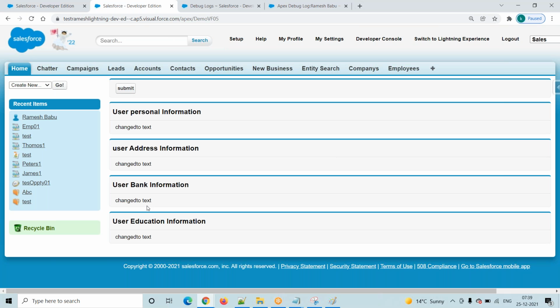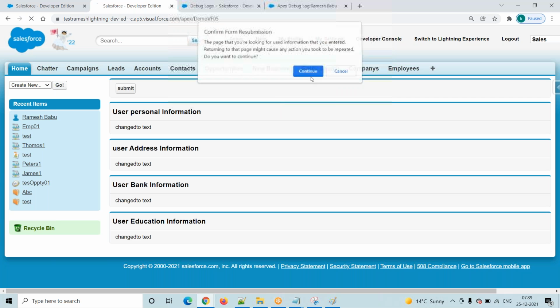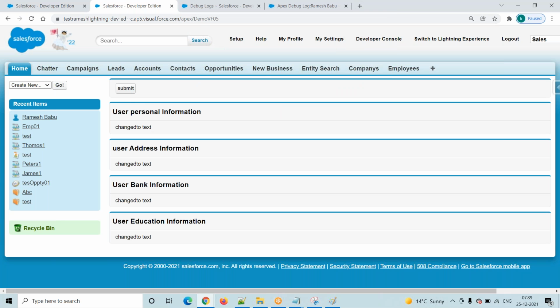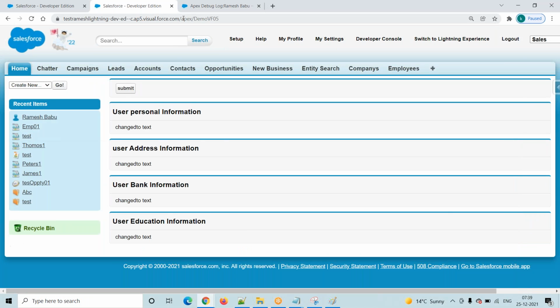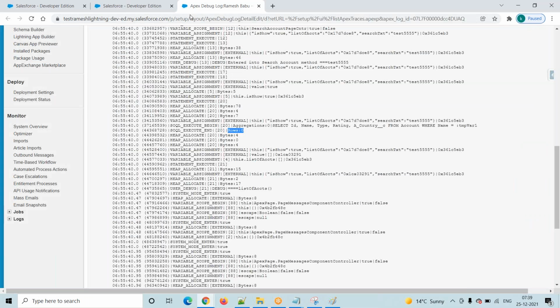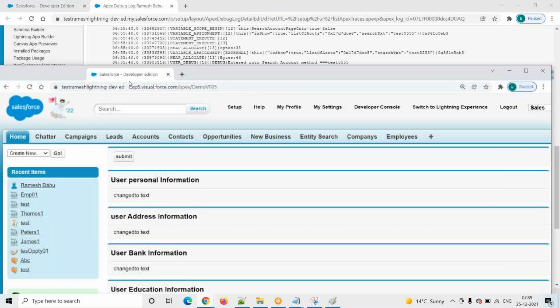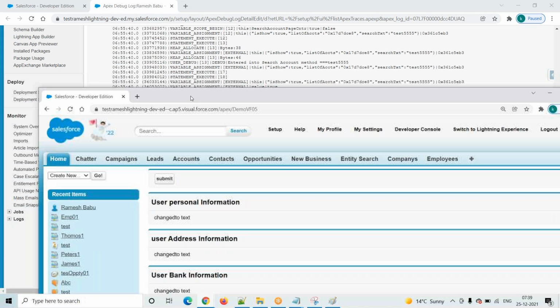See here, the complete page is reloading, right? Click on the submit button. See here, in the URL you have to observe. This is important. Important in the sense that whenever we have to design anything, we have to consider all these things. See here, whenever I click on the submit button, it will refresh.